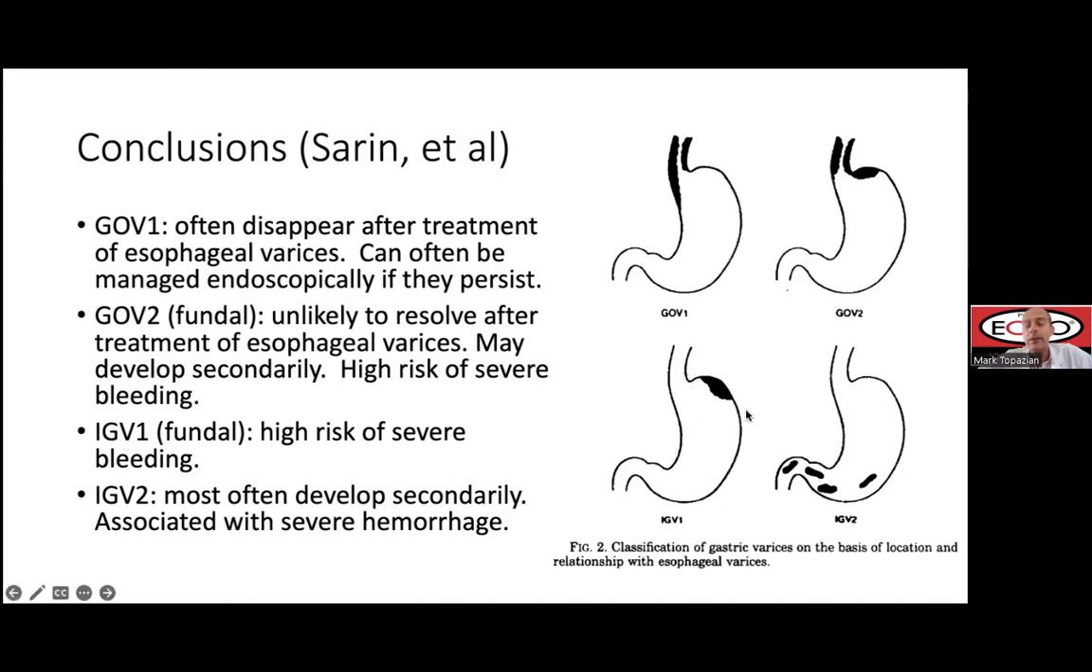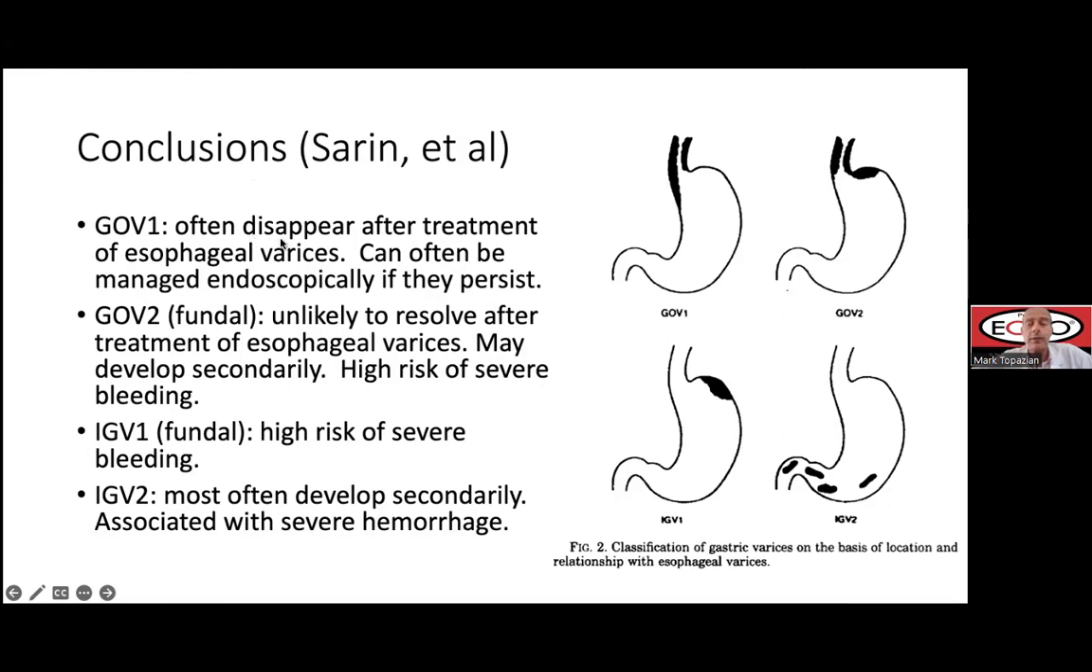And IgV1, this fundal varix without an esophageal varix, also has a high risk of severe bleeding. So these are the bad ones. And IgV2 most often develops secondarily and is also associated with severe hemorrhage. So right away here, I hope you see some application to our case from today of a patient who had a recent hemorrhage and has large esophageal varices and GOV1. And you can see that perhaps if we can treat the esophageal varices, chances are the GOV1 may not be